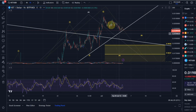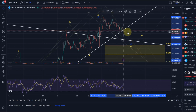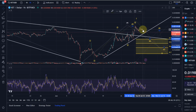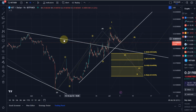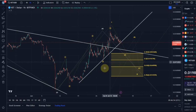The A wave, for me, this move down doesn't look impulsive enough yet. Typically in the A wave, I'd like to see a sharp decline. I don't see it at this stage. So I would use the trend line as an additional indicator that we are coming down in the wave 2. Until then, obviously, it can easily bounce off here, and you can use trend lines as setups as well, you know, trend line pullbacks and so on. It's just not really a reliable one in terms of setup that I want to show here,